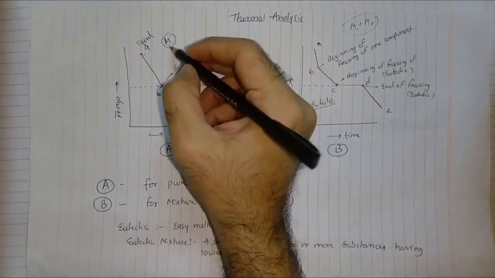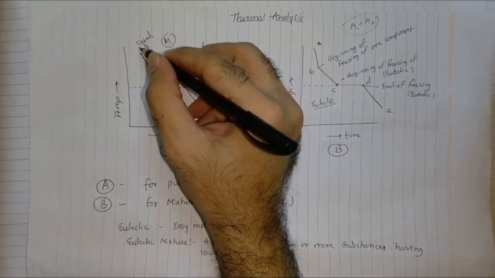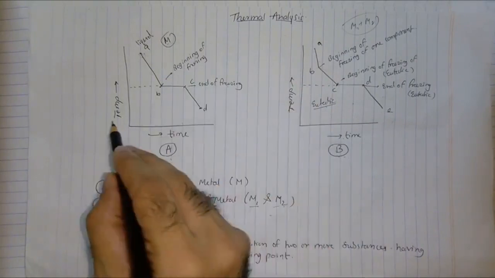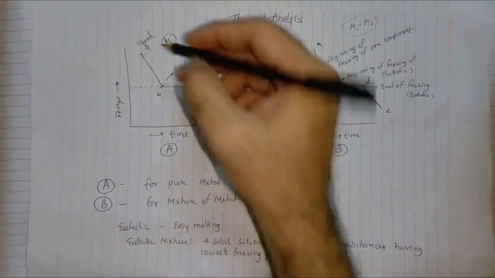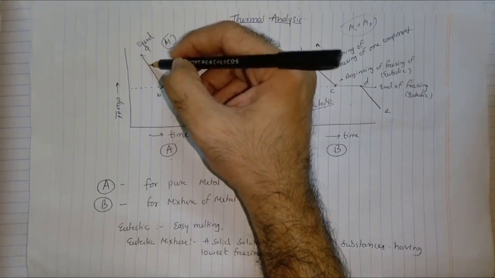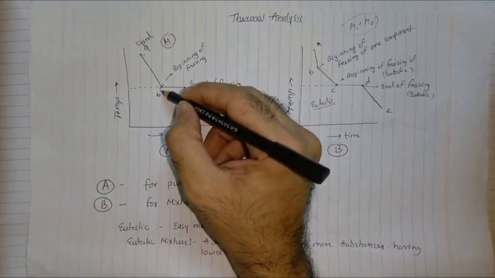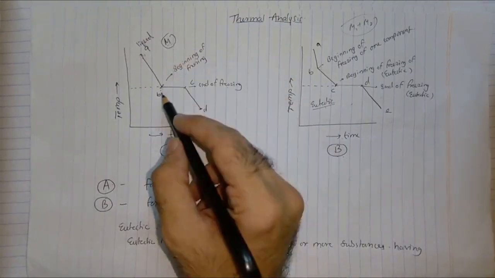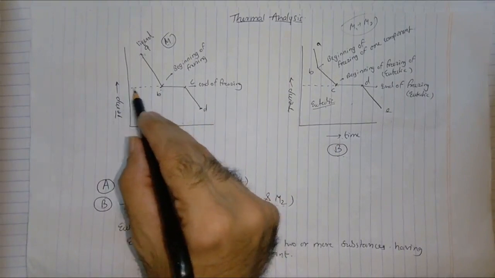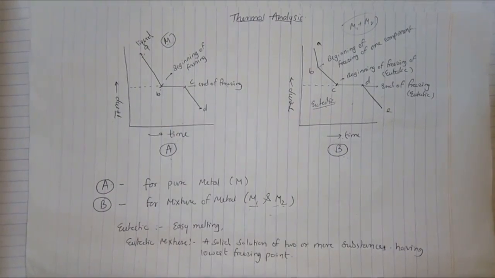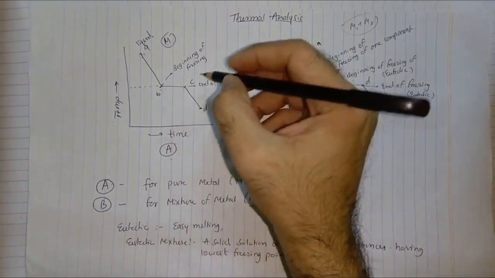What I have done here is I have taken a metal and converted it to liquid, and that liquid is allowed to cool at room temperature, and I will plot that graph, temperature versus time. As the temperature reduces, you will get this type of curve till point B. At point B, the beginning of freezing of the metal takes place. From B to C, you will see that there is no decrease in the temperature. Why? Because freezing from liquid to solid is an exothermic process. Because of that, there is no reduction in the temperature till point C.